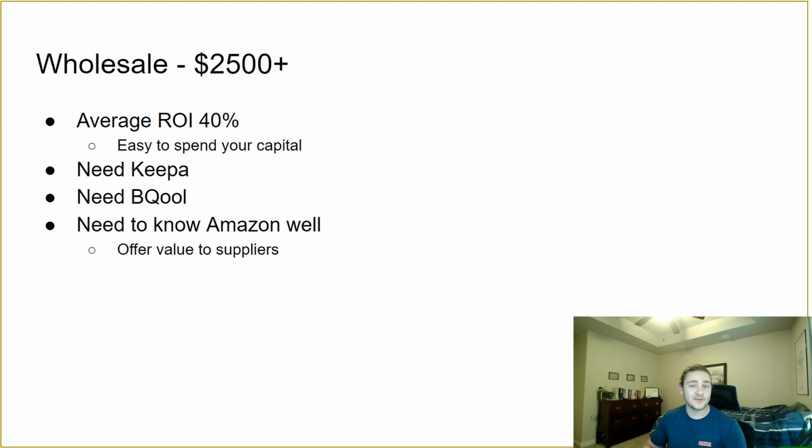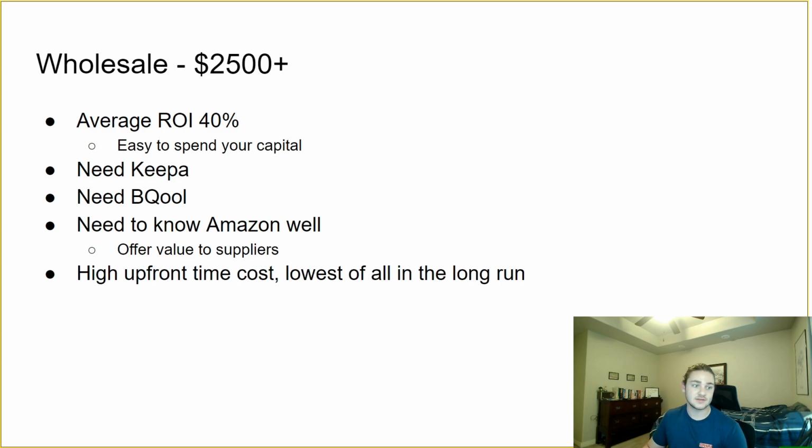And it's also for your own safety that you know Amazon really well if you're starting out in wholesale, because that $2,500 is probably going to be 1, 2, maybe 3 products that you're going to buy in bulk. And if you mess up your sourcing decision, if you don't check the Keepa correctly, if you don't know how to read Keepa, things that you would learn how to do from doing books and online arbitrage as a learning process, you could make a really expensive mistake in wholesale. So it's not only for the benefit of getting those suppliers, knowing what you're talking about, being able to offer value to them, it's also just to cover your own butt, and to make sure that you're not going to lose that initial capital that you've spent in this business.